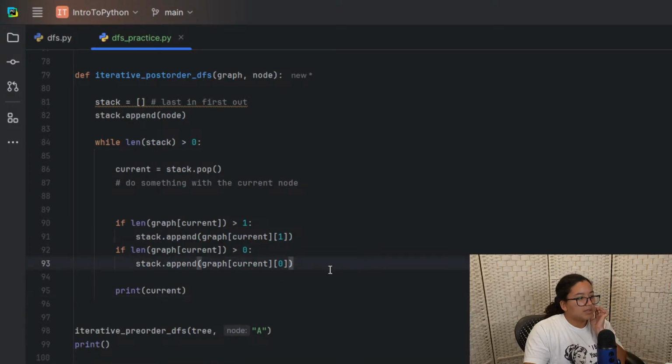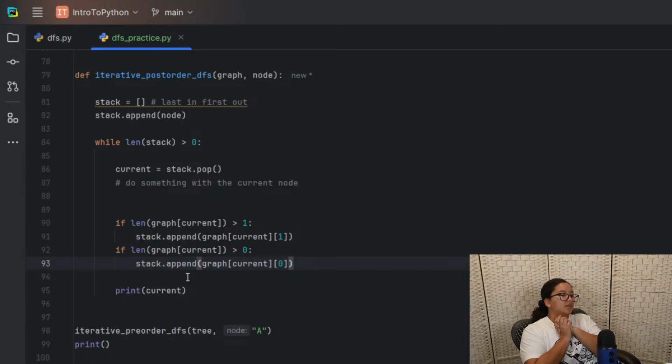And then let's say if length is greater than 0, I'll pick 0. If length is greater than 1,